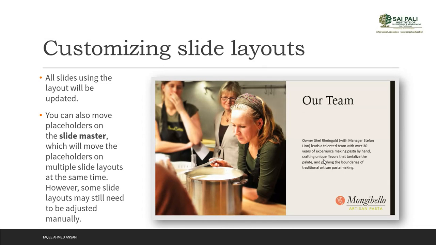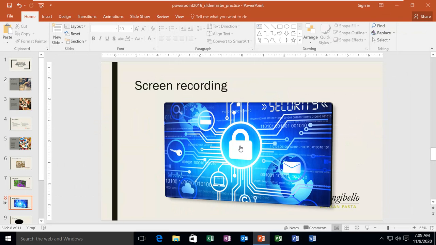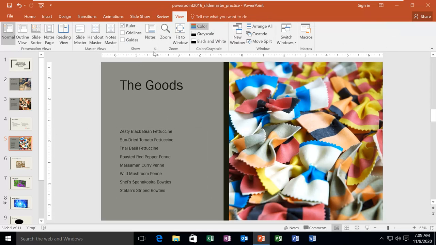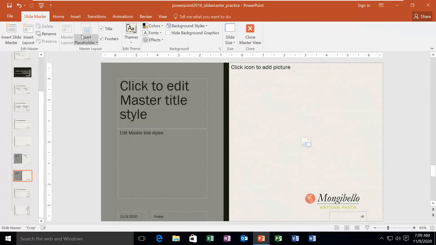So if you want to do this, for example here in this slide I'm not seeing the logo, so what will I do? I'll go to slide master view, and this is my slide. You have to browse to select the proper slide. Now I'm doing it on only one slide. Now it is showing the logo here, it is hidden by the image, but still it is showing here in slide master view.